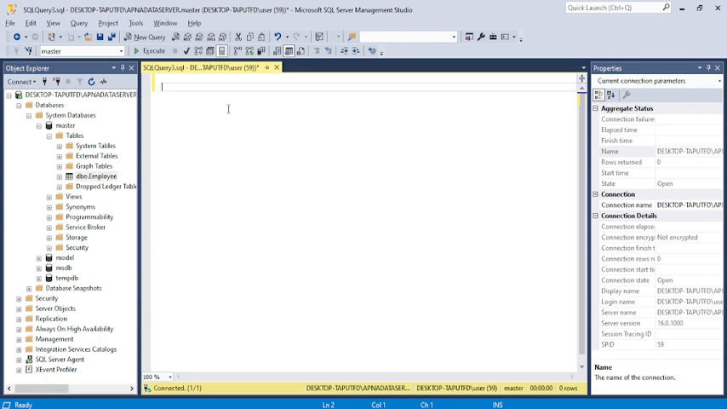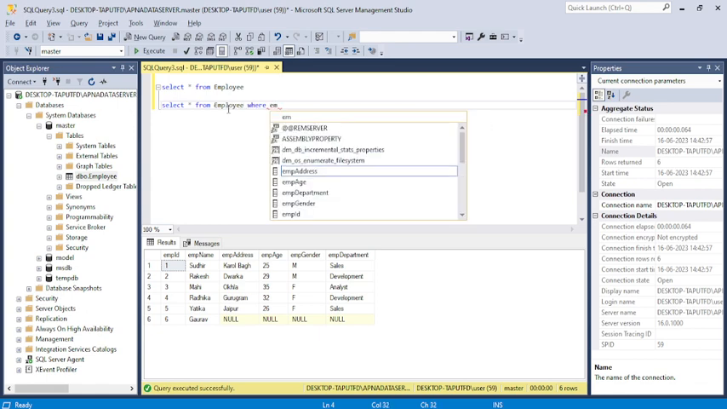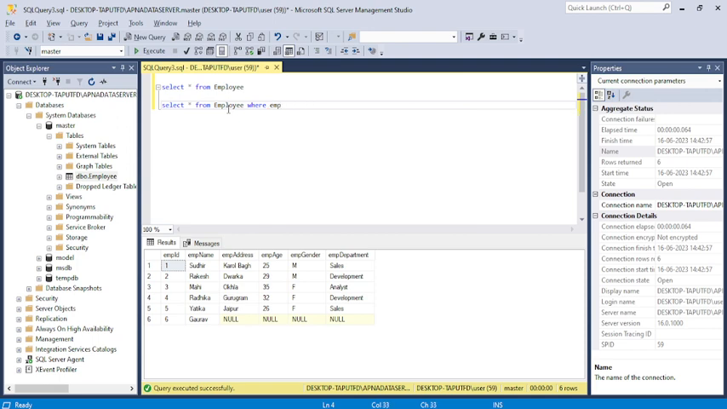First of all, I will show you the records of my employee table. Here I'm using the employee table. SELECT star FROM employee. I have 6 rows in my table. So I will write the first query. SELECT star FROM employee WHERE emp age is greater than 30